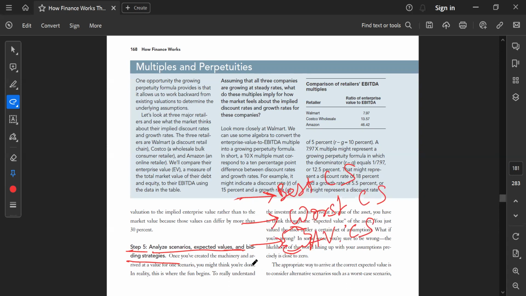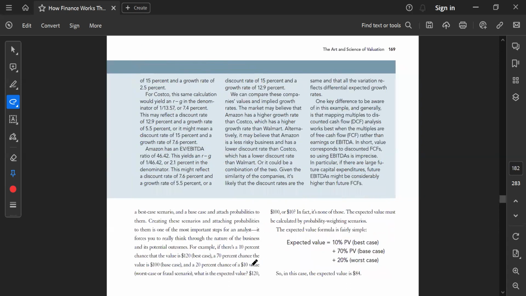सो बेस्ट केस सिनेरियो, वर्स्ट केस सिनेरियो और एवरेज केस सिनेरियो, ये तीनों चीजें कंसिडर करनी पड़ती है। उसके बाद हम उनको एक वेट देके फिर कैलकुलेट करते हैं कि एक्सपेक्टेड मार्केट वैल्यू से एक्सपेक्टेड वैल्यू में कैसे आते हैं। कि लेट्स से हमारा 10% प्रोबेबिलिटी है बेस्ट केस सिनेरियो में पहुंचने का, 70% प्रोबेबिलिटी है बेस केस मतलब एवरेज केस में पहुंचने का, और 20% हमारा चांस है वर्स्ट केस सिनेरियो में पहुंचने का। सो इन तीनों चीजों को हम अप्रोप्रिएटली वेट करके $84 पे पहुंचते हैं।